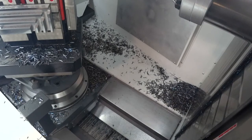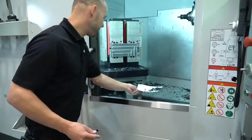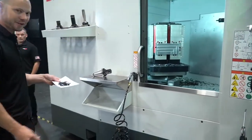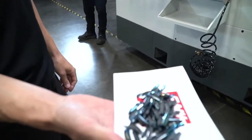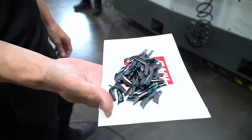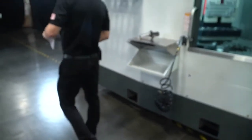So I think that sums it up for what we've got for the EC-500, right, Marcus? Yeah, and if you look, these chips are still a little toasty. I don't know if you can get a good look at them, but there's some serious chips there. Nice and blue. Those look pretty hot. You're going to burn through your paper in a second. Yeah, those are coming off hot. Cool. Well,